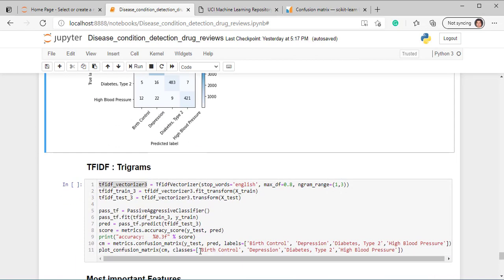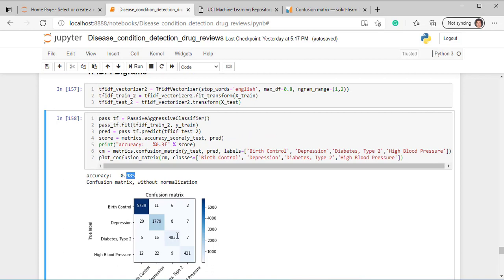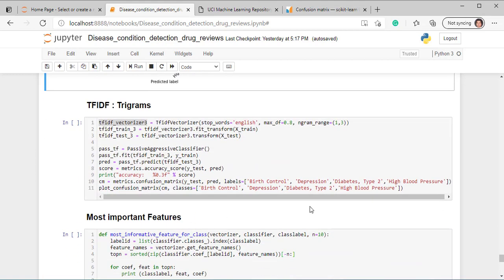Now another experiment: we'll see if by increasing the gram range to trigrams, we can improve further, whether from 98.5 we can approach toward 99%. Let's see.